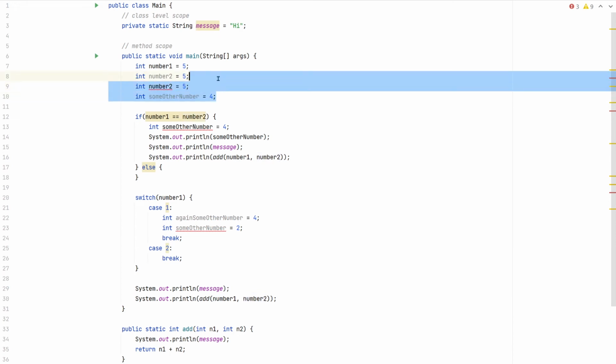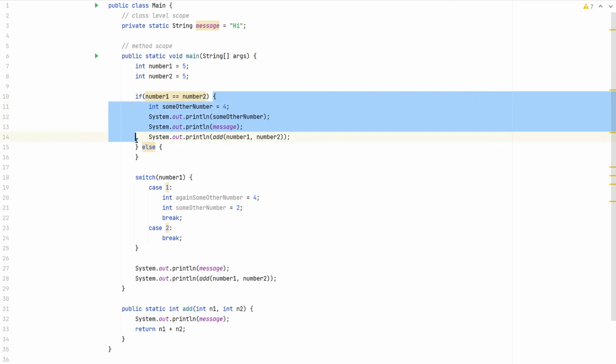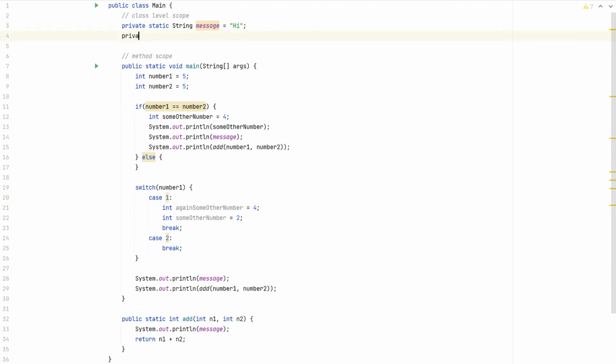But if you remove this, you see that here the scope is from here to here, and the scope of this variable is from here to here, so they have a different scope, so that's totally fine. The same applies also if you make a private static field, some other number, for example, like that,